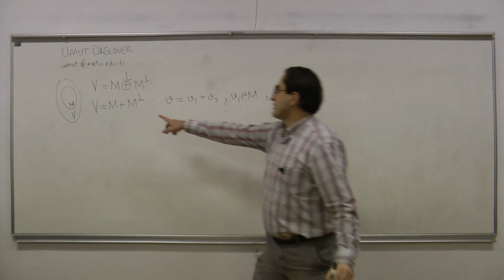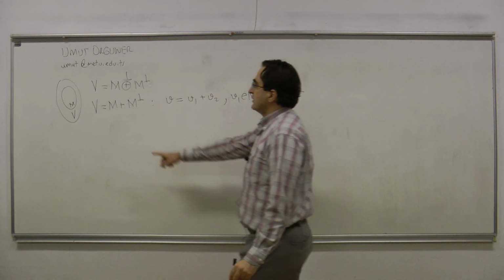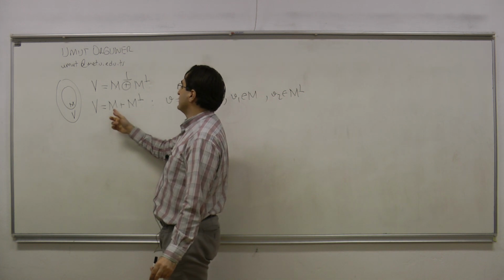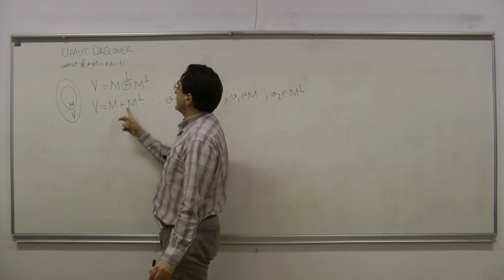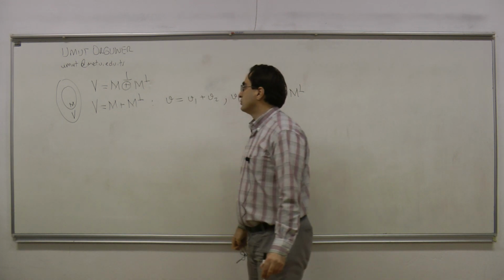This is what the summation of subspaces means. So any vector in V can be written as a sum of two vectors, V1 and V2, where V1 is coming from M,